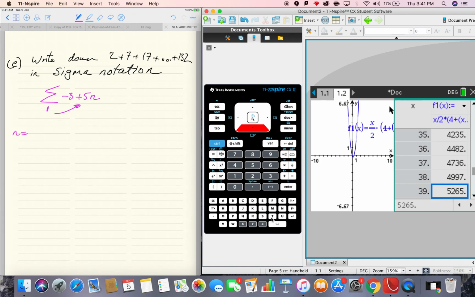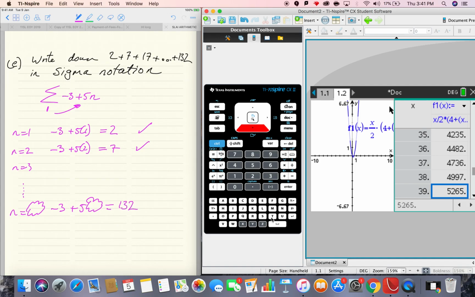If n equals 1, we get minus 3 plus 5 times 1, which is 2. 2 is the first term. When we feed in 2, we get minus 3 plus 5 times 2, which is 7. That's the second term. And we're going to keep doing that all the way up to some value, so that when we do minus 3 plus 5 times that value,